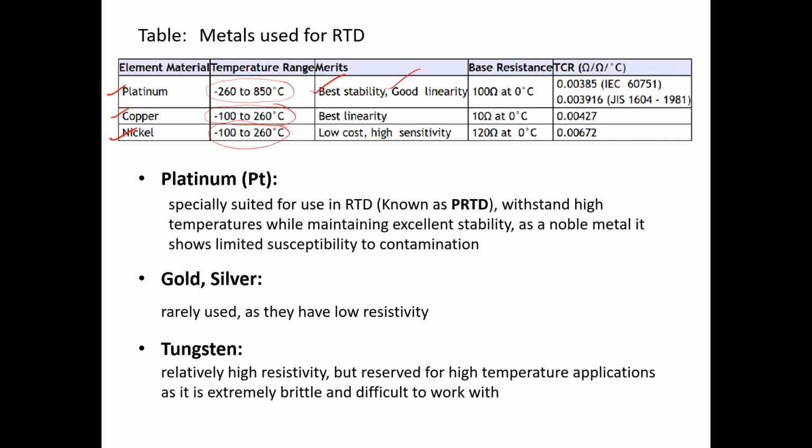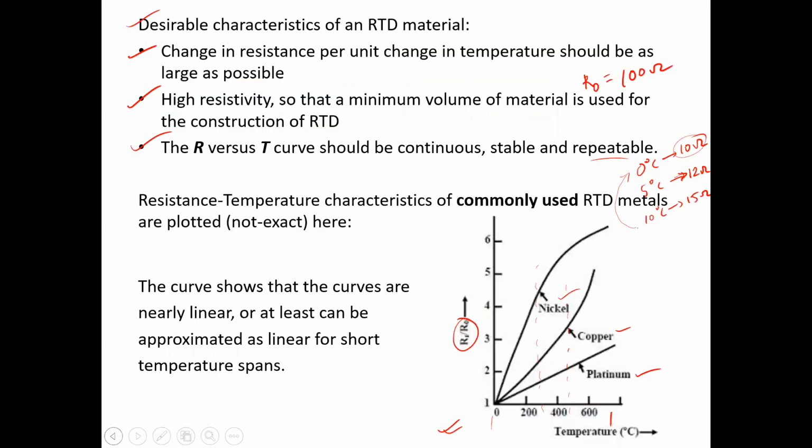Now, copper has the best linearity compared to the three. It might be a bit confusing, because if we go to the previous graph, you can see that copper has a linear relationship up to this point, but after that it goes into the non-linear state. Then how can it have the best linearity? It is not considered for the entire range, but for this particular range where it is linear, it is